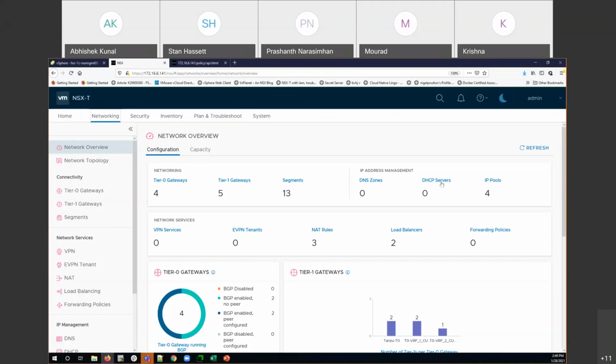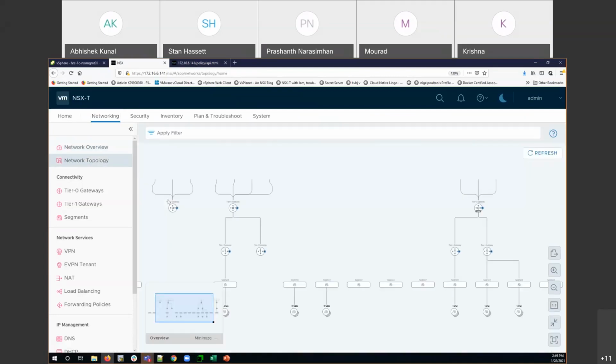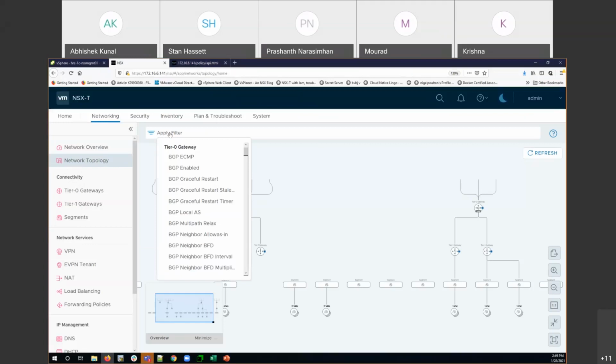And you can have DHCP servers, IP pools, a lot of things. But there's another very great feature that I would like to show. For this one, we usually have to go into Network Insight or maybe some other third-party tools that we need to explore, which is the network topology. So today, if I want to see any customer's environment from top to bottom, it's going to be easier over here. Obviously, if you have tagged it properly, you can filter it out